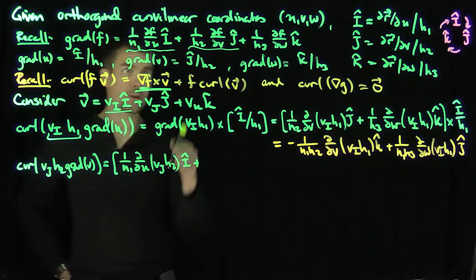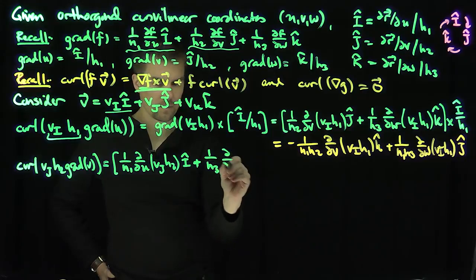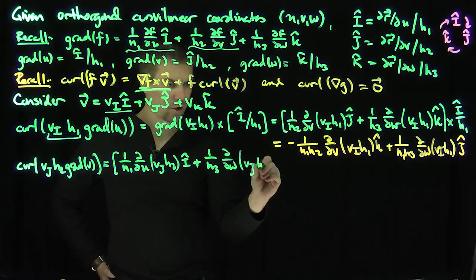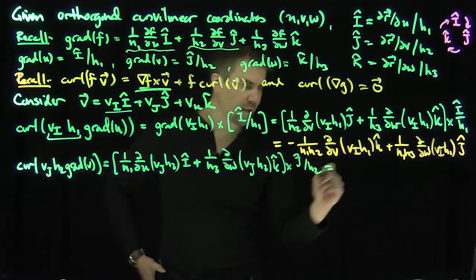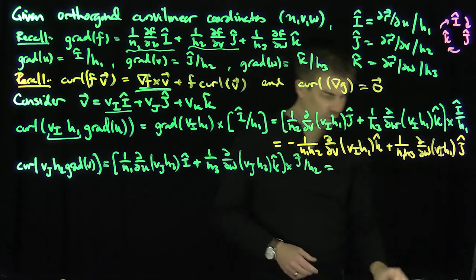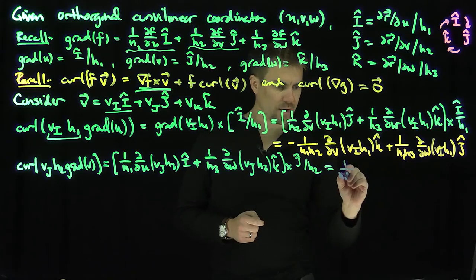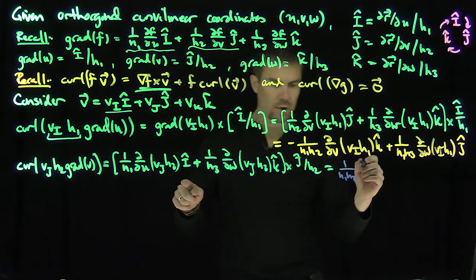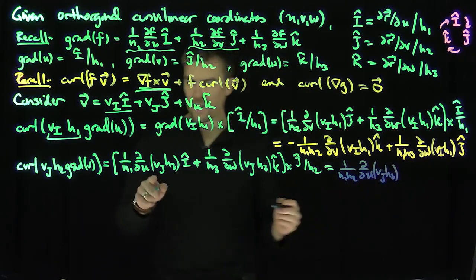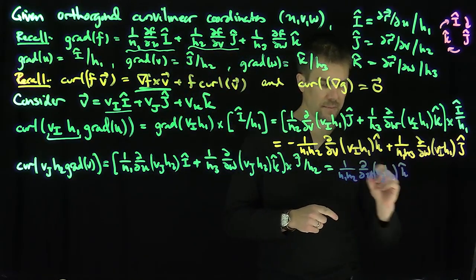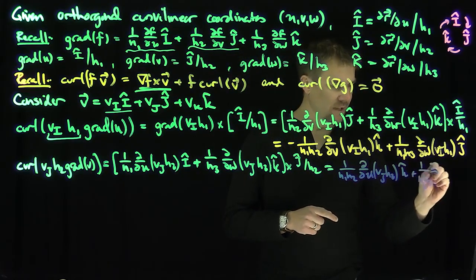that's going to be an i component, and then I omit the j because it's going to vanish when I cross product, and then we have a 1 over h3 d by dw of Vj h2, that's a k component, right? We're going to cross that with j hat over h2. Let's gather the terms and see what we end up with, right? I'm going to have this first term, i cross j is going to give me a k term, so I'm going to have 1 over h1 h2 d by du of Vj h2, and that's in the direction of k hat,